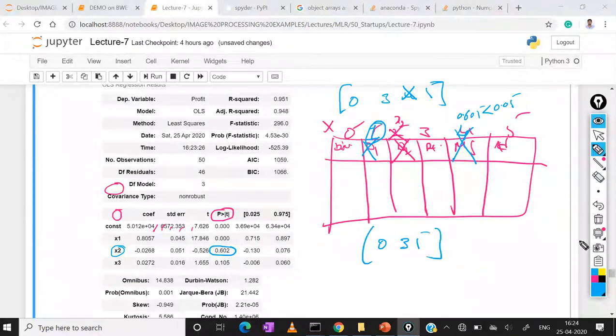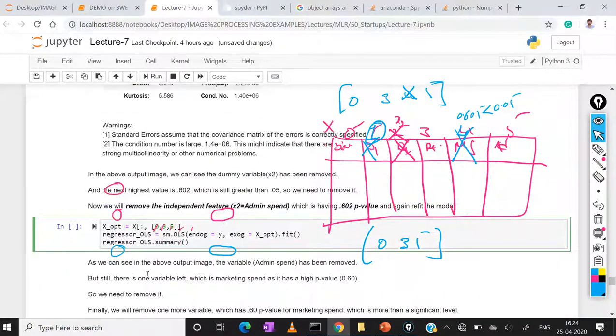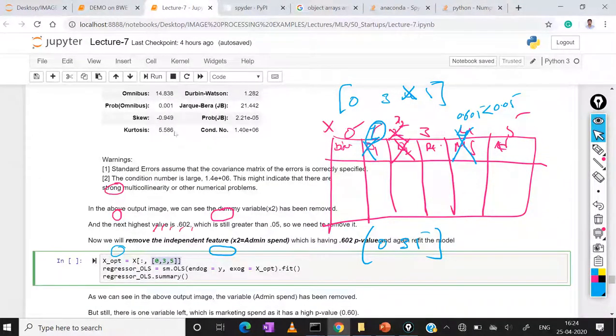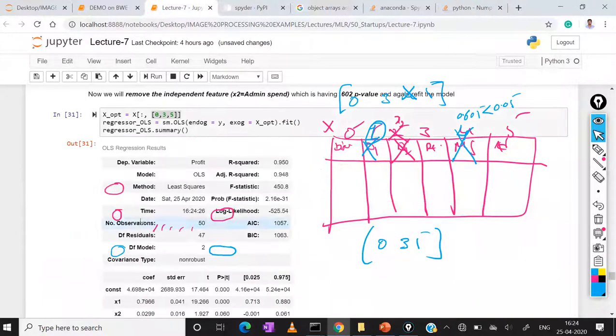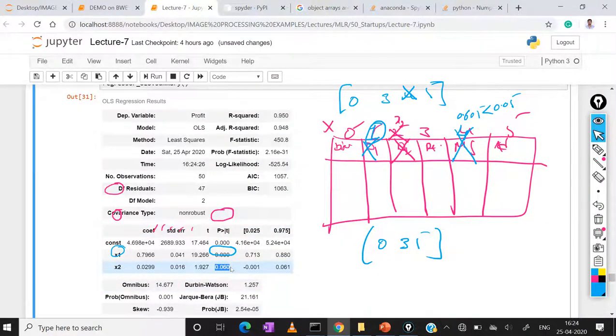So again we have to build and execute. See here, 0, 3, 5, execute again. Among these, this feature x2 has the highest value, 0.060.